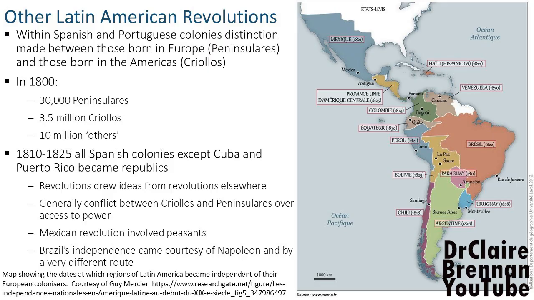There are interesting ideas washing around in this as well, and ideas about what Latin America should become. It's worth looking into if you have time and interest, particularly Simon Bolivar, the idea of creating a United States of South America, which would be large and a match to the political entity developing in the north. But that idea did not come to fruition. Instead, these independent republics come into being. But that's a remarkable transfer of ideas across the Atlantic.